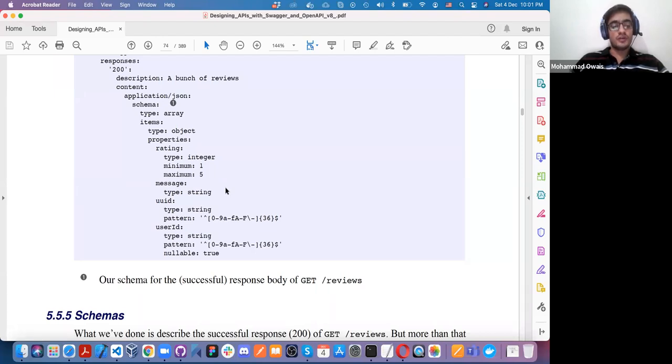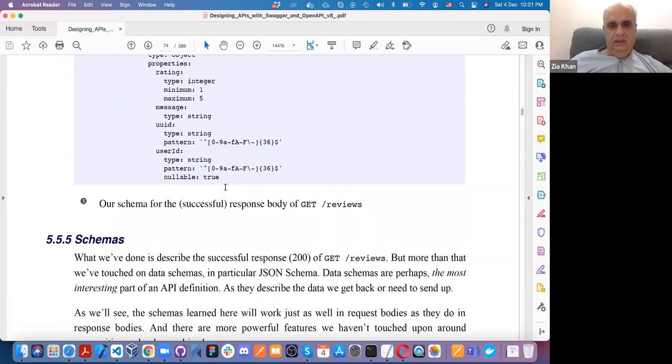Basically, why we need this: when we get the response from the API, we should know what format we are getting and what data types they are using. If we do not do this and we integrate it with our system with the wrong data type, we will get an error, right? So we are describing it right here. The developer should know exactly what data type we are getting back from the Open API definition. That's it. Oh, yes, exactly. Now let's move forward.